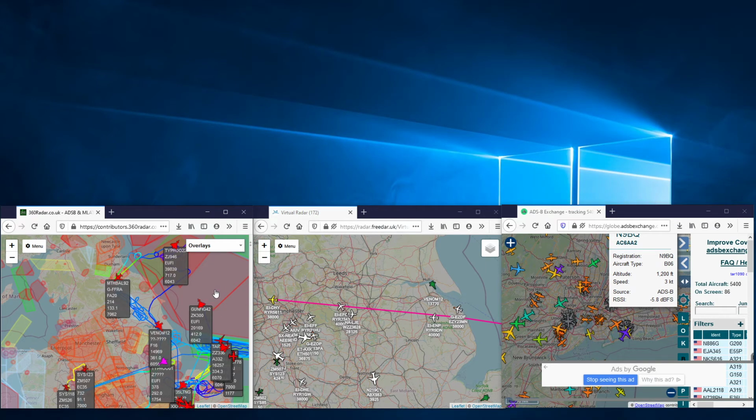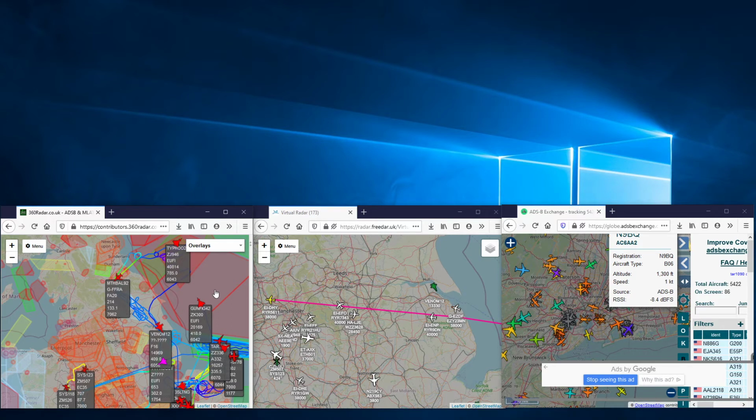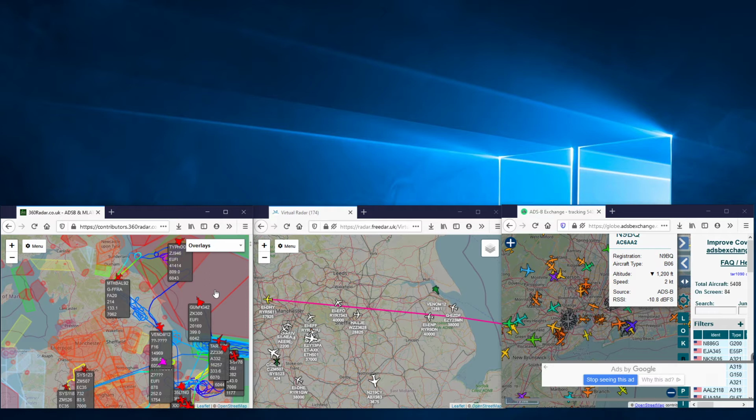So the unblocked providers have taken Virtual Radar Server and added to it in terms of resources, i.e. computing power, and also added to it with their own custom code, particularly to affect the look as they developed their service. Now, first of all, I'll talk about 360 Radar, but I'll give you a bit of a warning